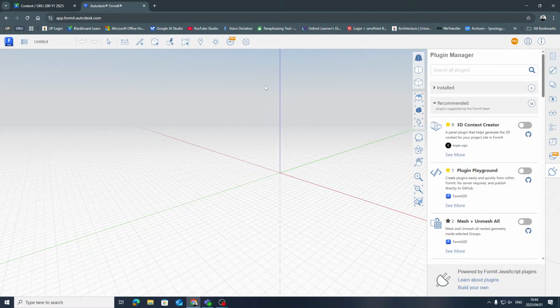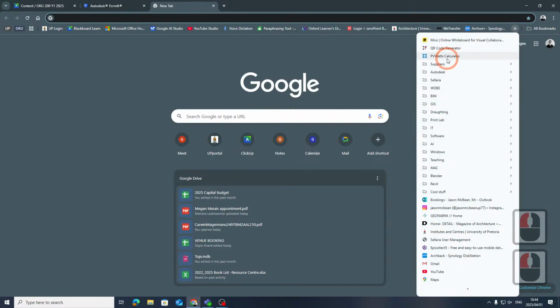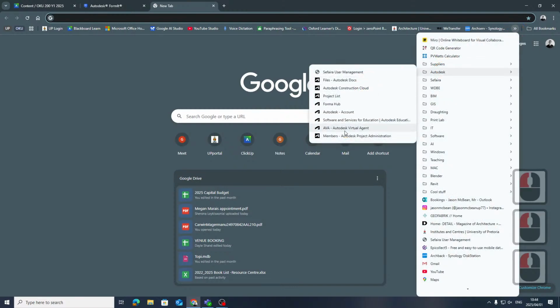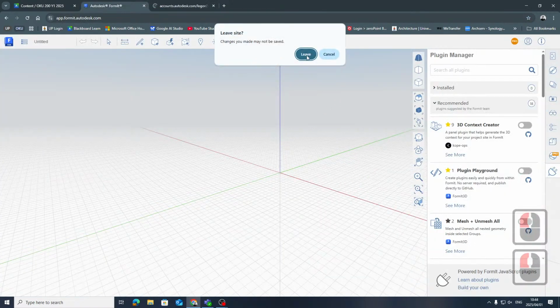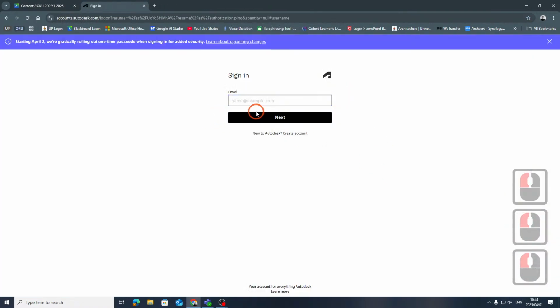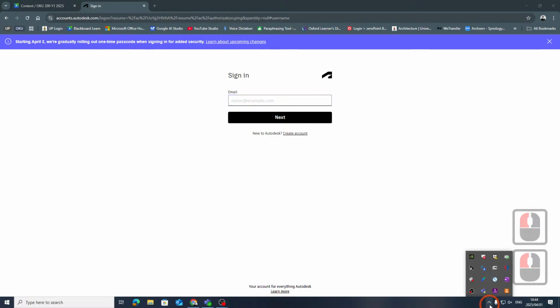Okay. Now, I think a lot of you have got used to this workflow, the tools. But what is interesting is they've migrated all of these tools into Forma. So if we go to Autodesk, I just want to highlight this. In Autodesk Forma, I've got my hub available, so let me just sign in. Starting April, they'll be gradually rolling out one-time passwords. Okay, I just need to switch off my password manager, otherwise you'll get my passwords.